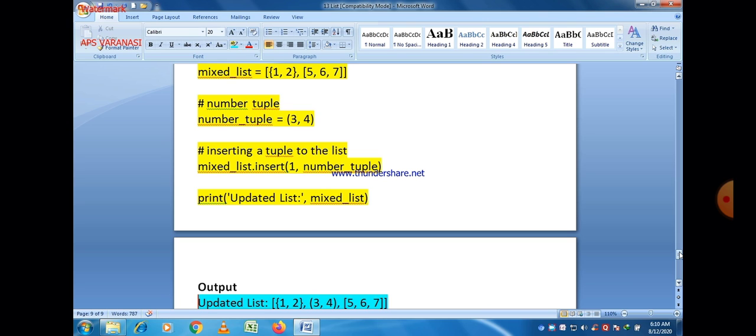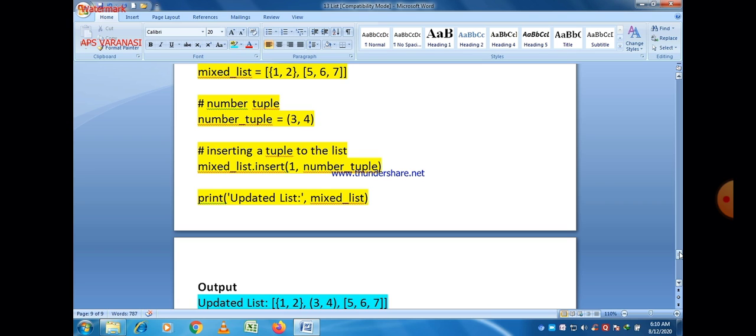As you can see, 1 2 are part of a set, 3 and 4 are part of a tuple, and 5 6 7 are part of a list also. So these are considered as a single unit here. At position 0 the set values 1 2 are there. At position 1 a tuple is there, and at position 2 a list is there containing elements 5 6 7. It is just because we inserted a tuple at position 1 here.